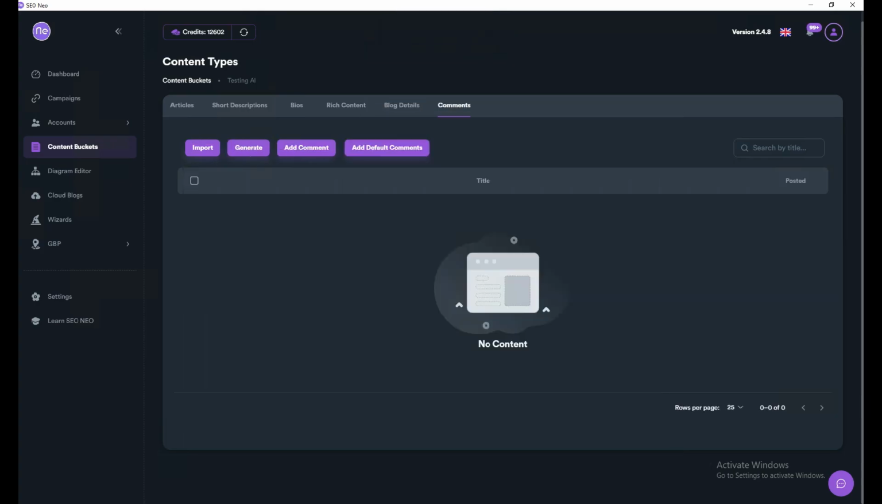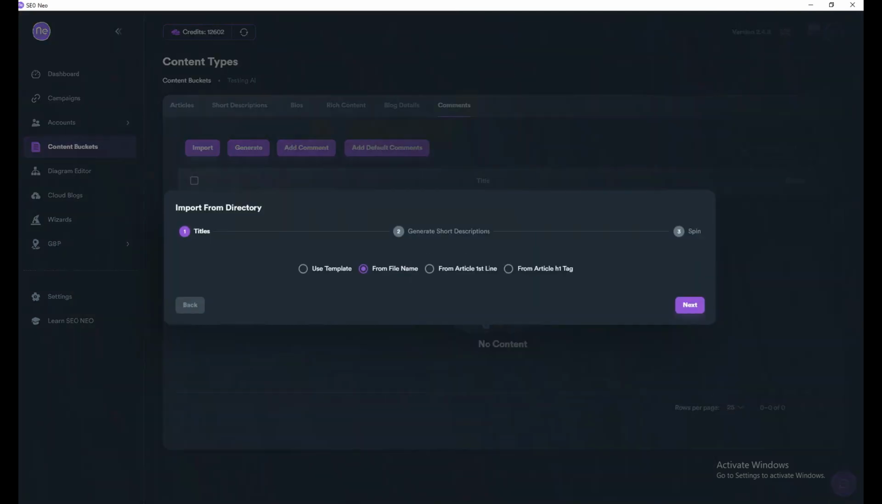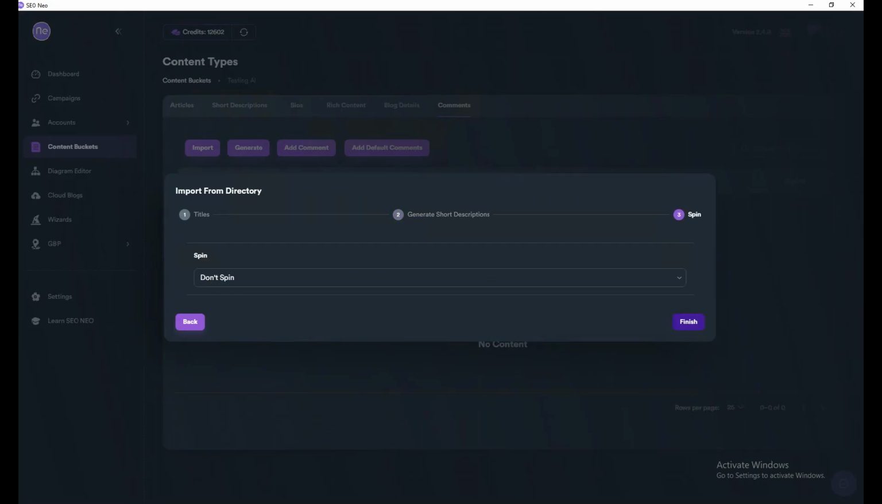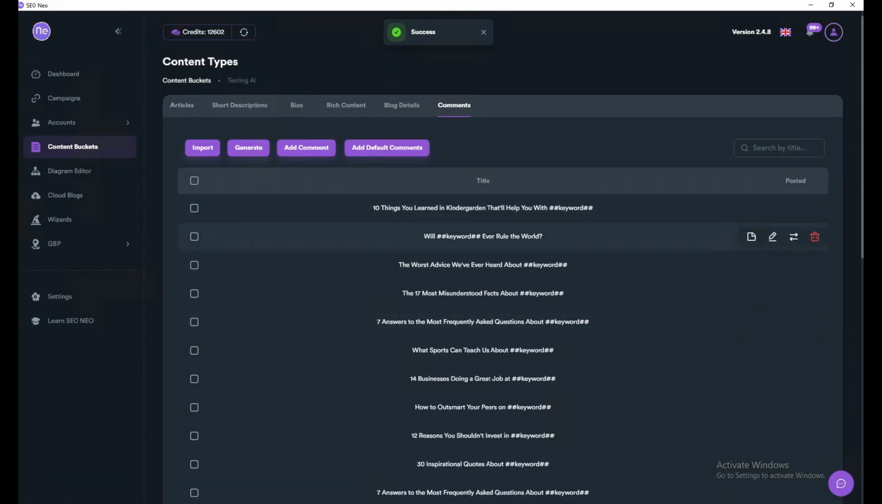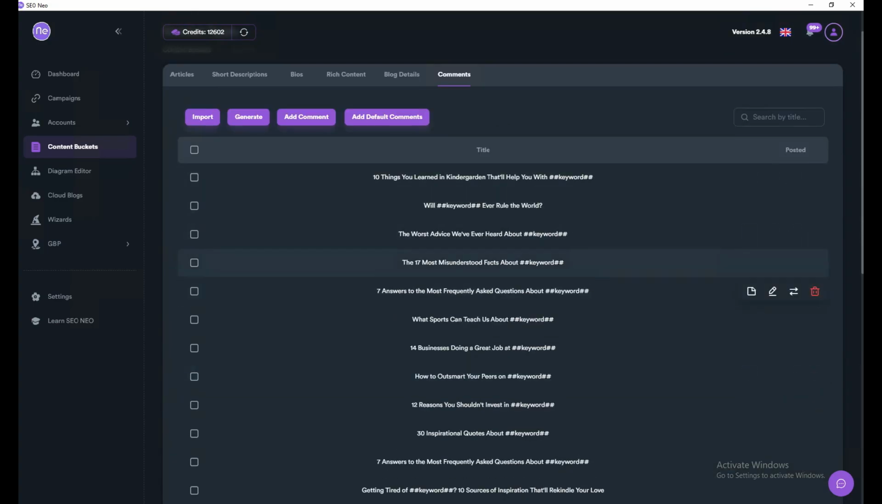Comments are going to be similar to your articles, short description, and bio. We're going to import from directory. It's listed as comments. Select a folder. We're going to use template again. We're not going to create short descriptions. We don't need that. We're not going to spin. There's already some pre-spun content. This one we have about 100, and again 100, and it's also a little bit spun inside of that. It'll be beautiful. So that's about it, and then you can use that content on various campaigns,